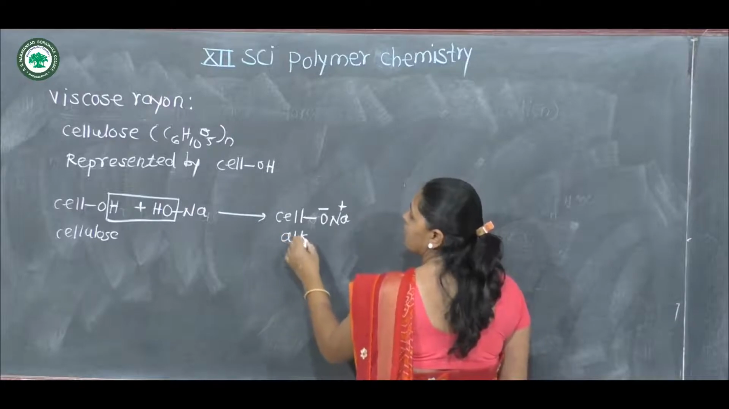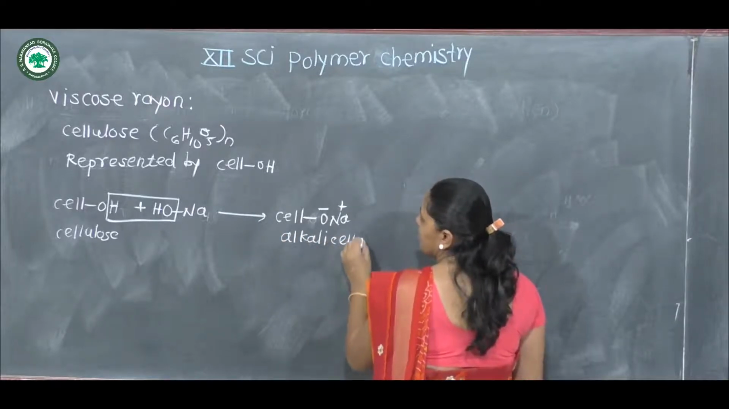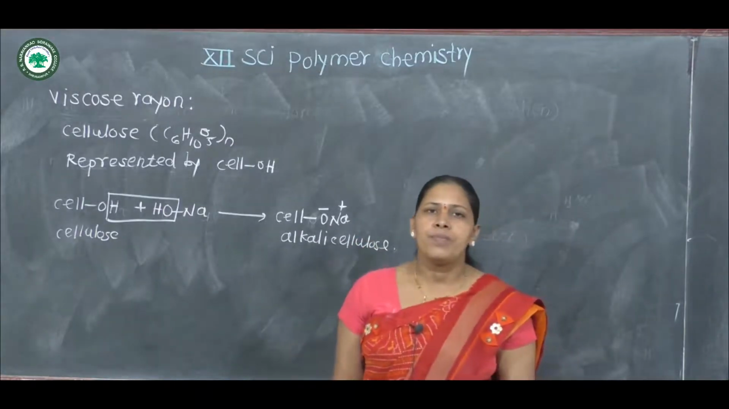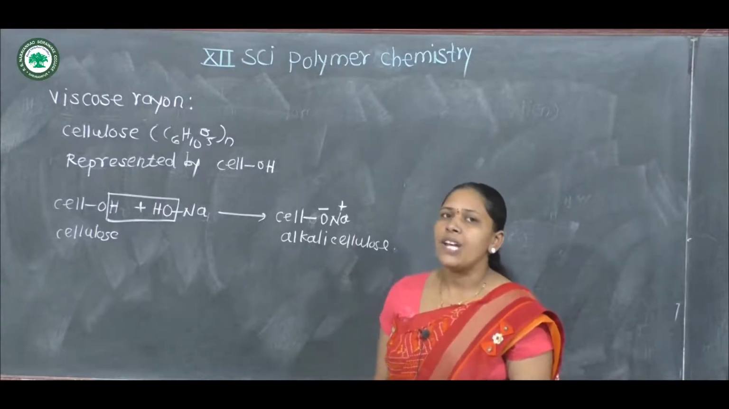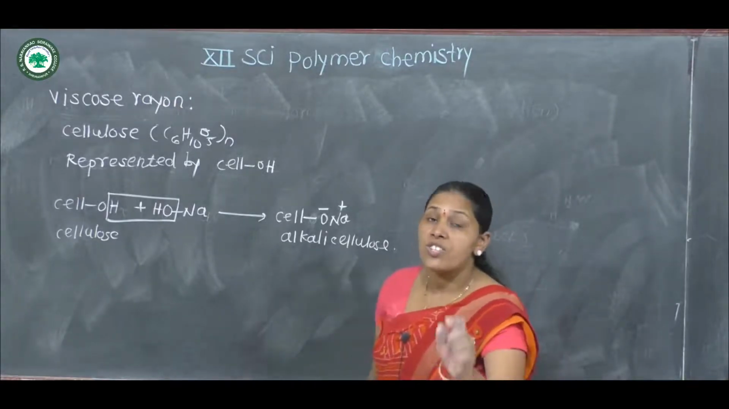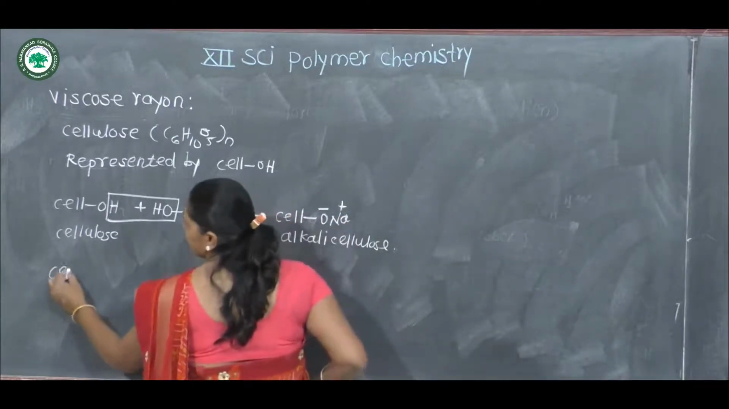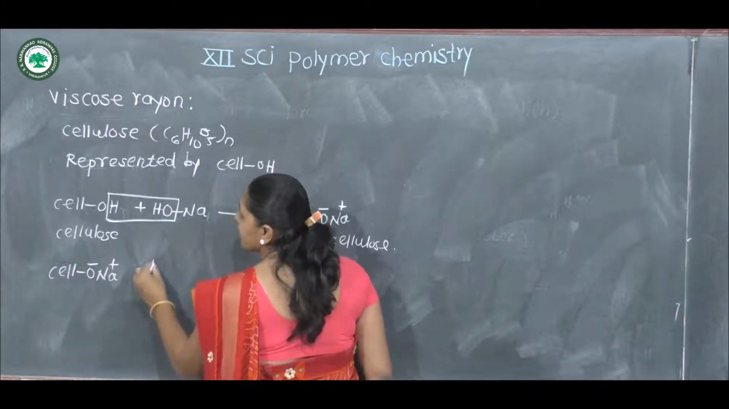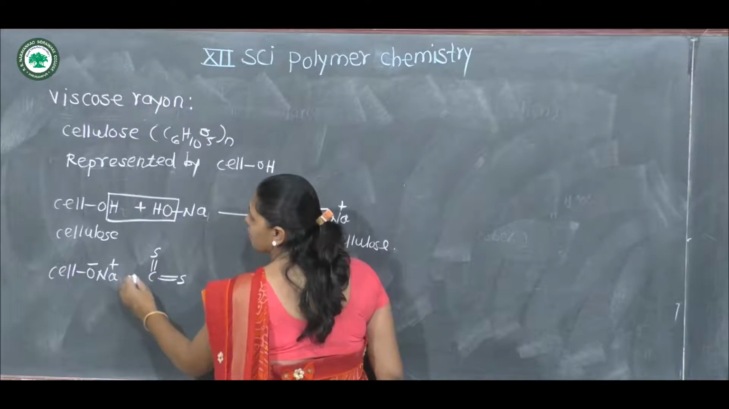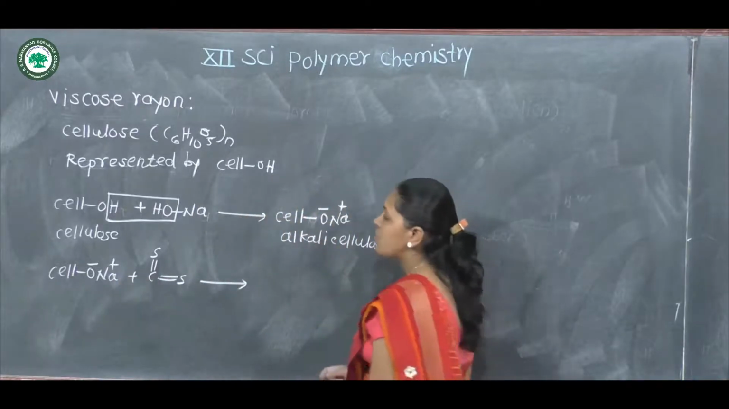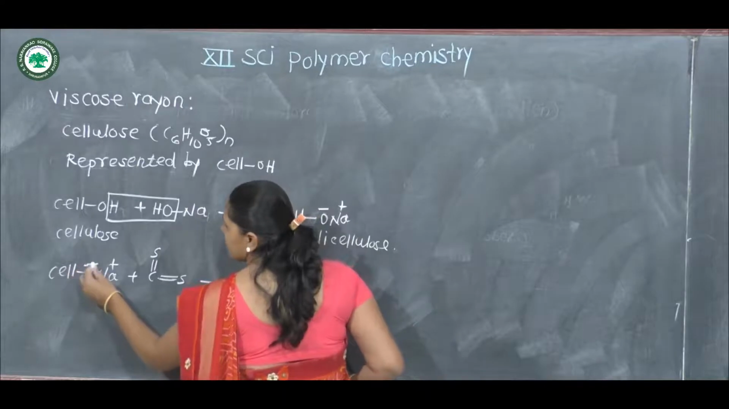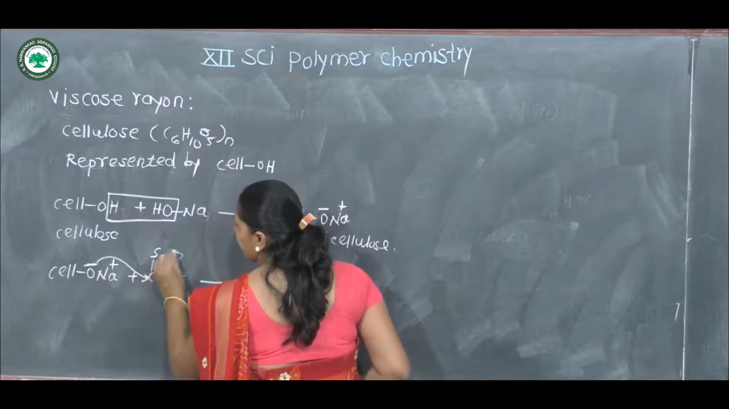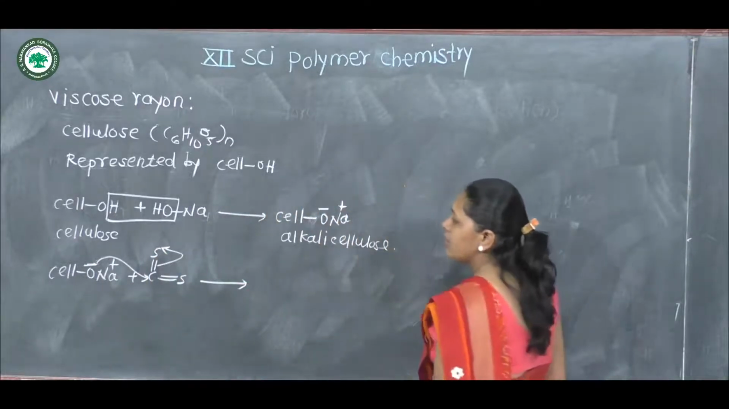This is alkali cellulose. This alkali cellulose in the second step reacts with carbon disulfide, CS2, to form cellulose xanthate. In this case, the oxide ion, cellulose oxide, attacks the carbon to form